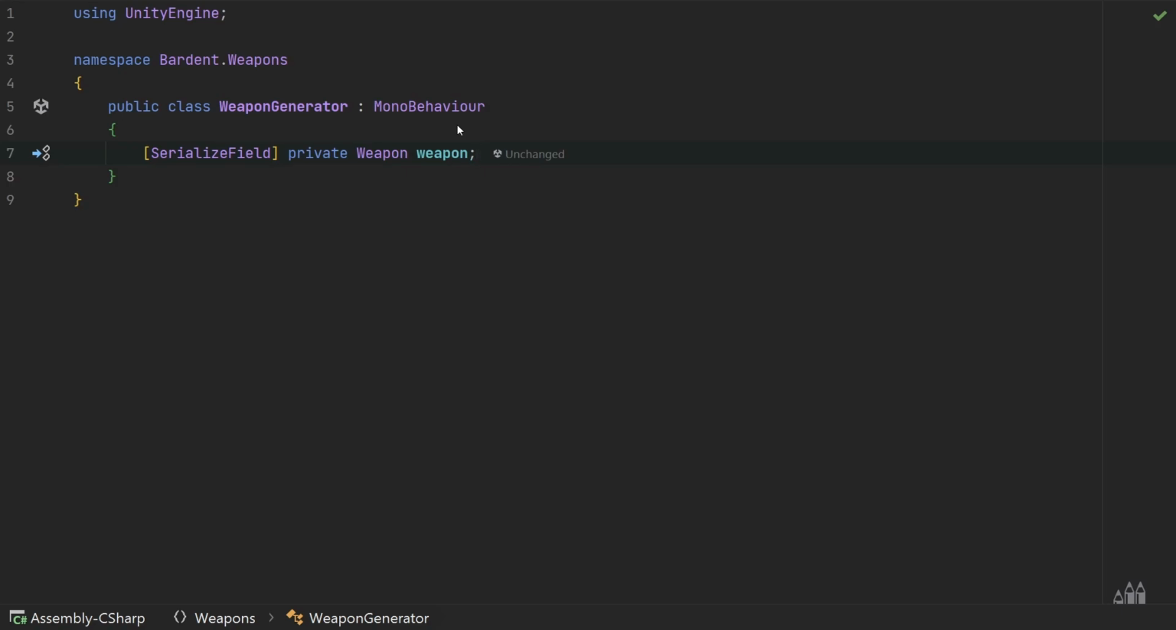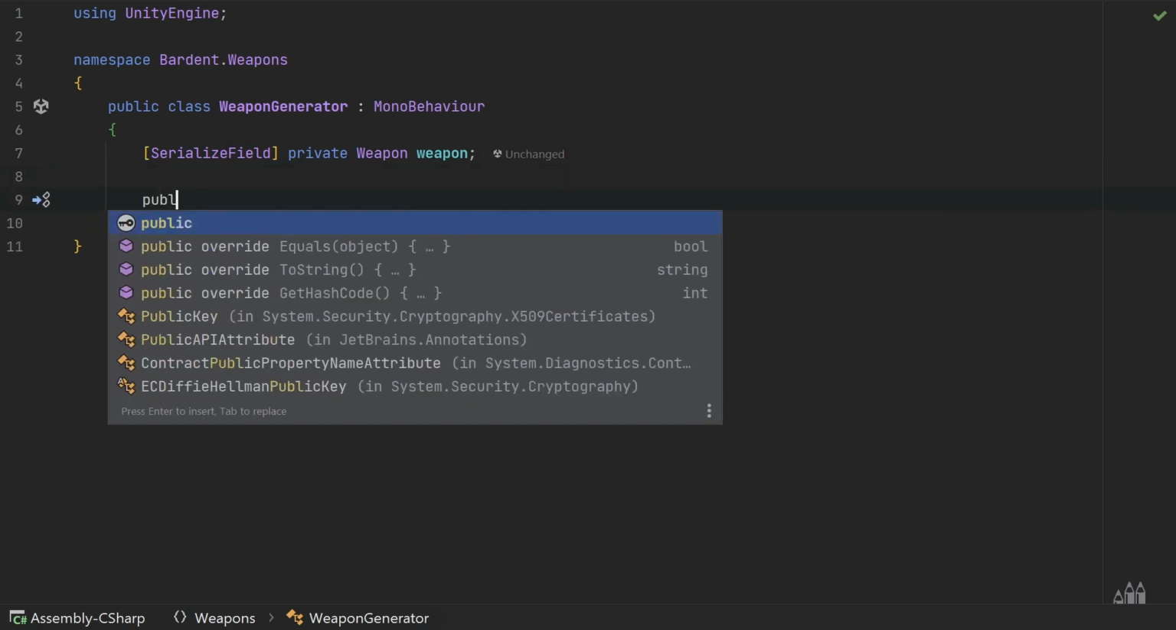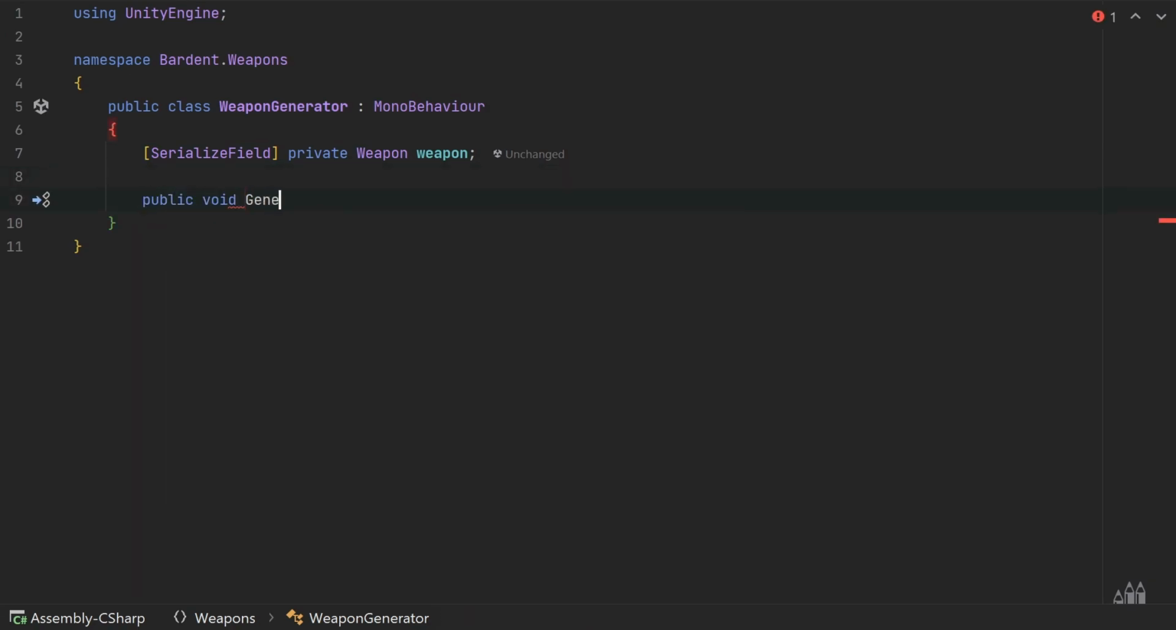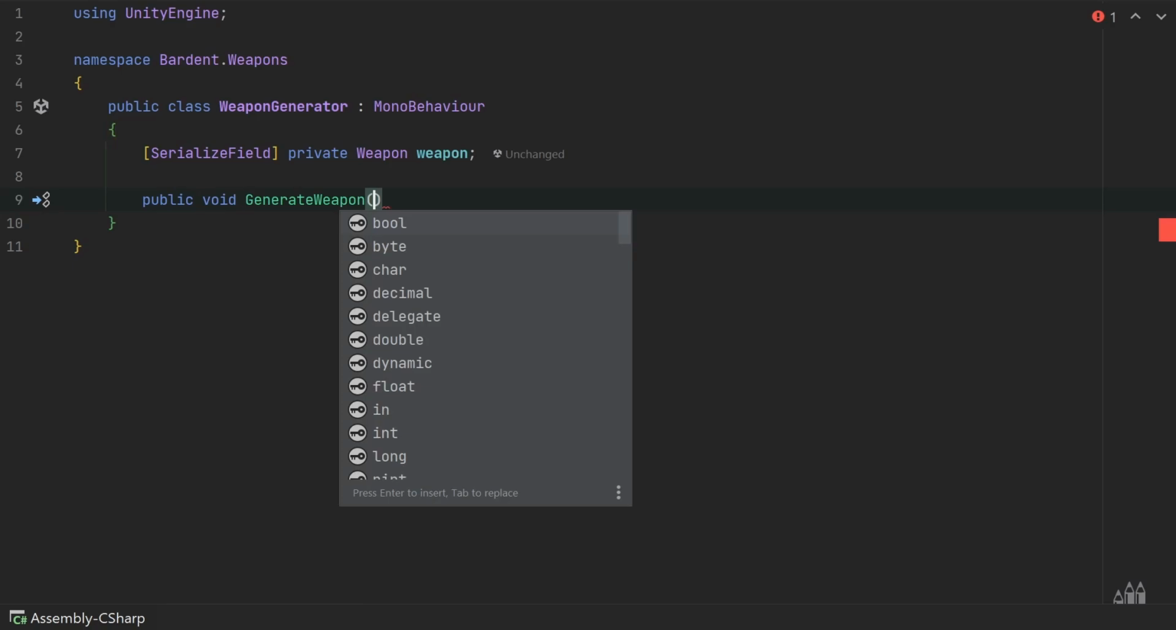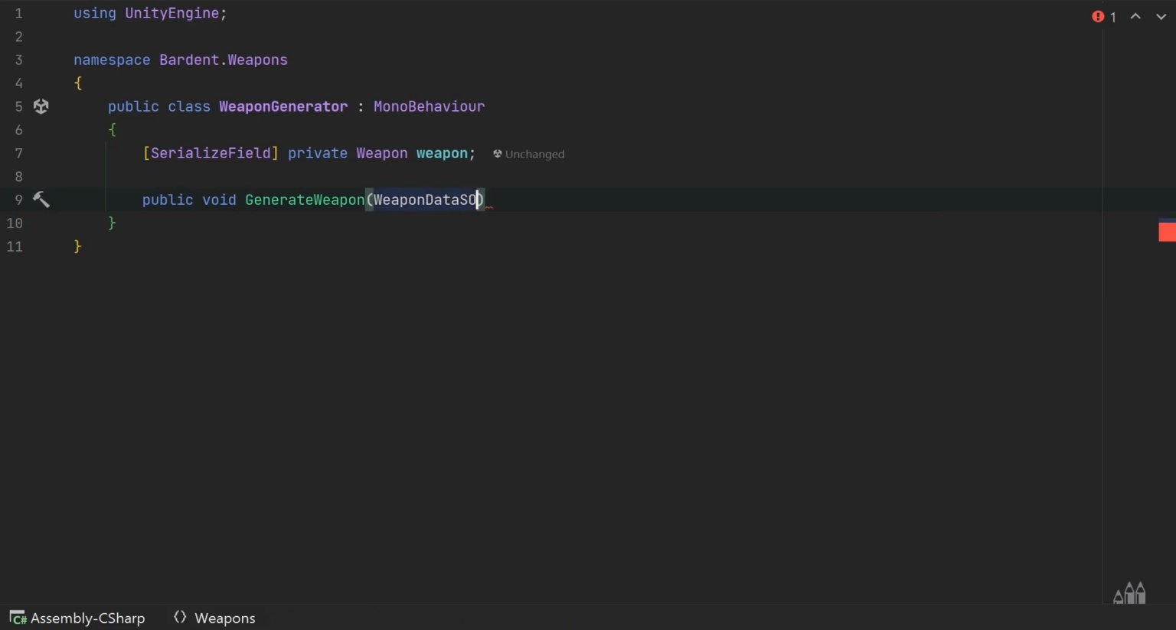But if you want to stick with getting this reference in awake, you're more than welcome to. Next, we're going to go ahead and create the function that we're going to call when we want to generate our weapon. So we'll just say public void GenerateWeapon, and this function is going to have an input parameter of type WeaponData, which we'll just call data. So again, anything else that wants to change our weapon is going to pass the new weapon data